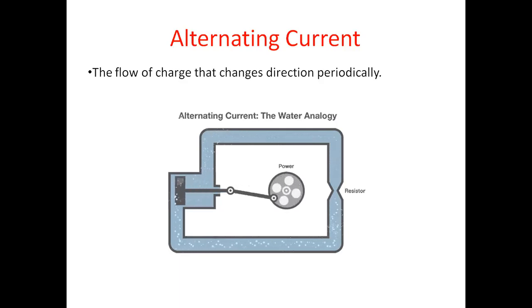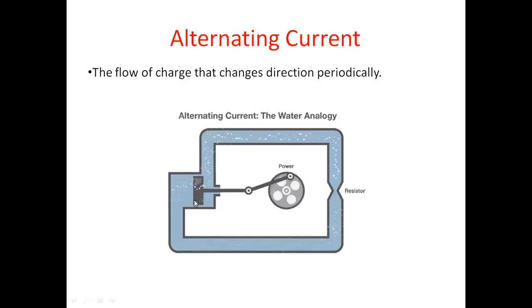In the animation we can see the alternating current is related to the water analogy. To generate alternating current in a set of water pipes, we connect a mechanical crank to a piston that moves water in the pipes back and forth, that is our alternating current. You can see that the pinched section of pipe still provides resistance to the flow of water regardless of the direction of flow.